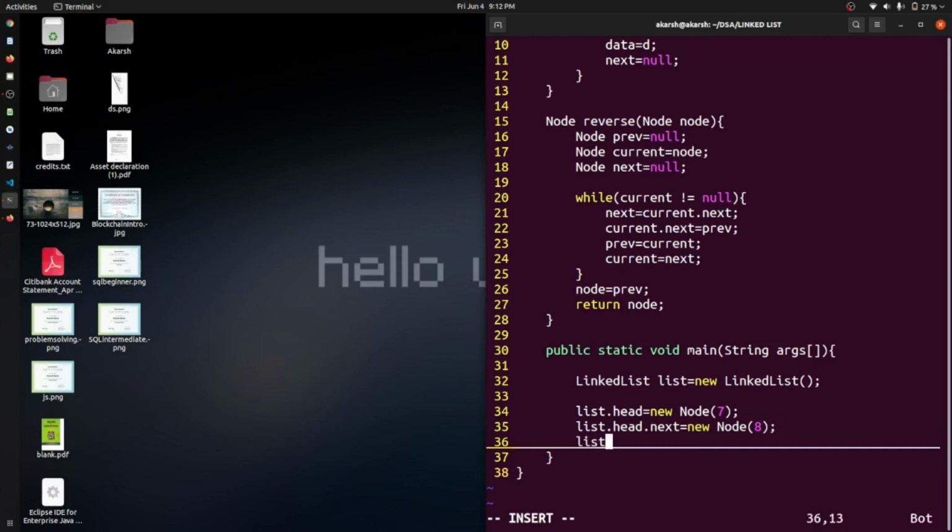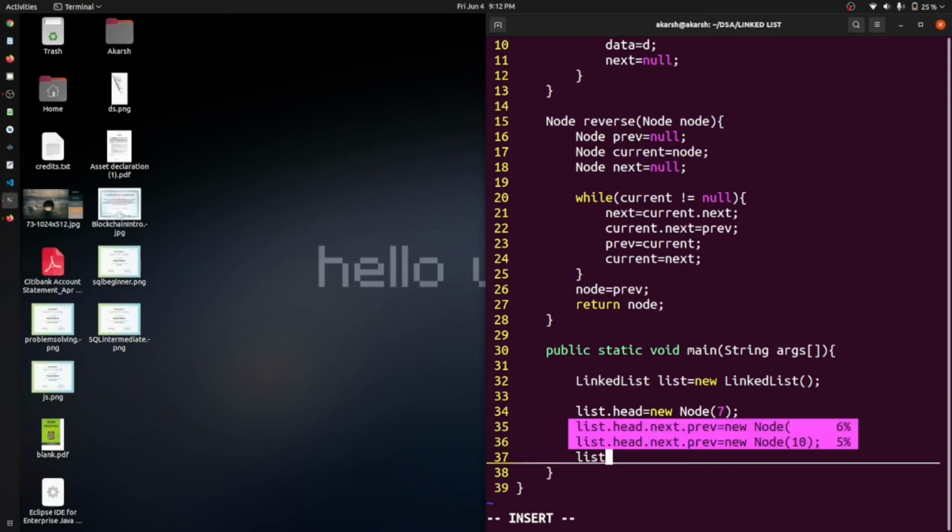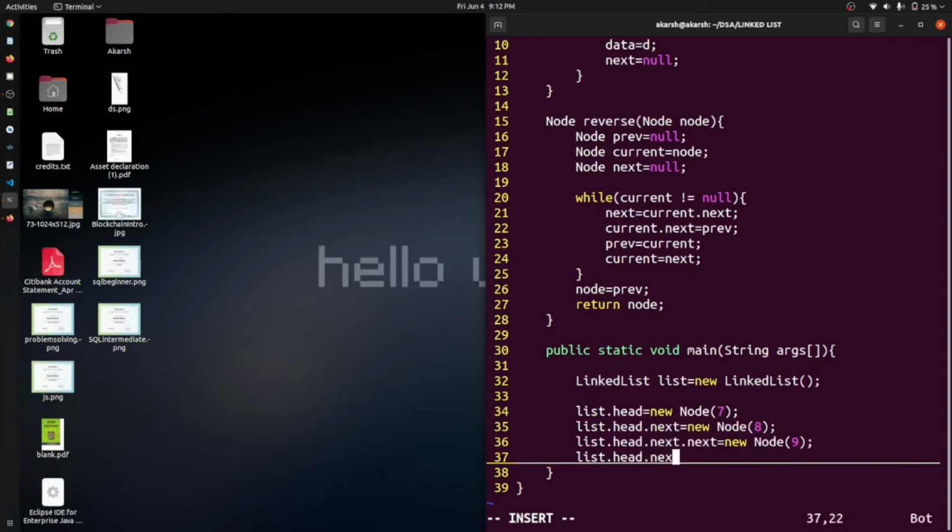Then list dot head dot next dot next is equal to new node, and it will have 9, and then a new node with 10 as our values.